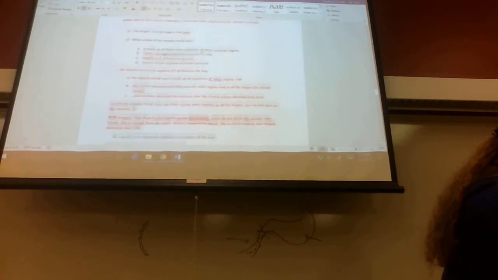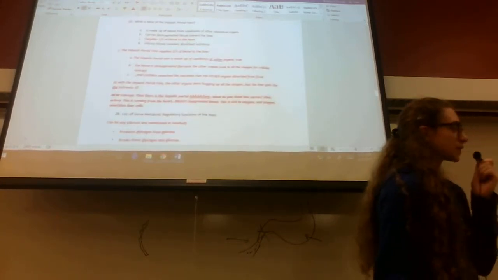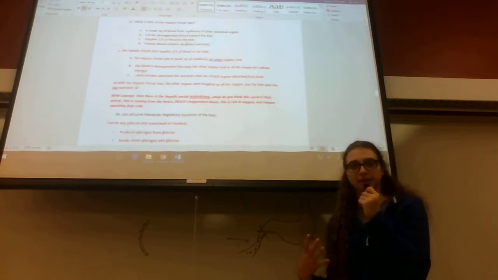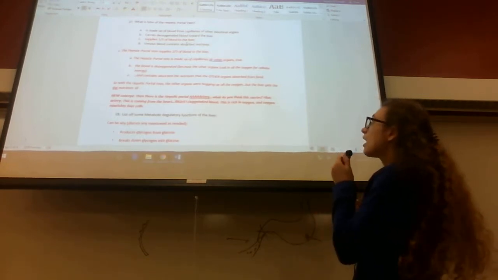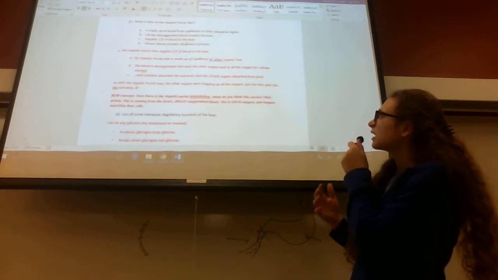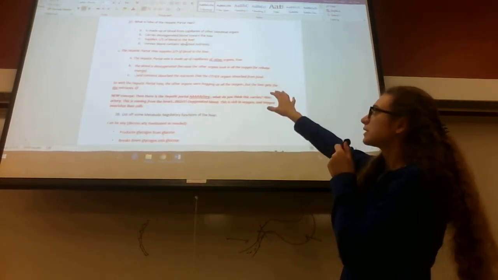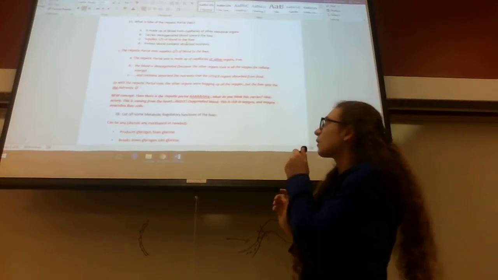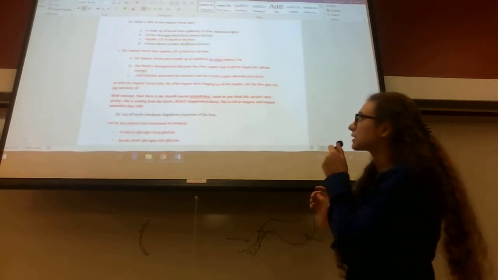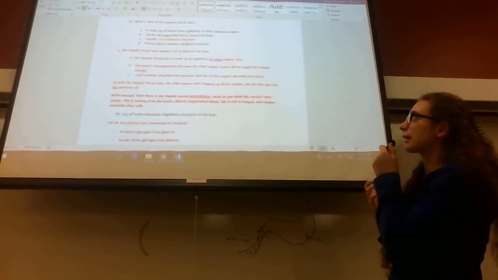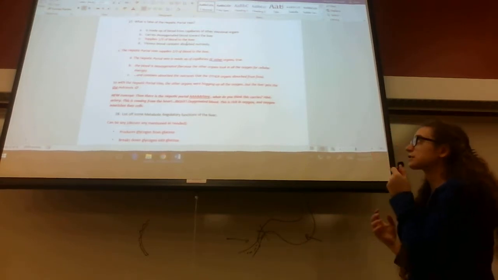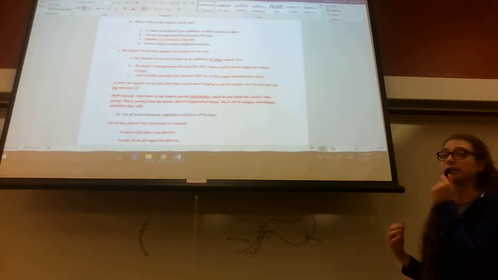So the hepatic portal vein. Whenever you see the word hepatic, you're going to think about the liver. That's what's Latin for it. All of these statements are true except for C. C states that 1/3 of the blood is supplied by the hepatic portal vein to the liver. This is false. The hepatic portal vein actually supplies 2/3 of blood to the liver,